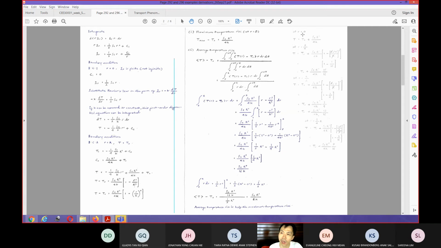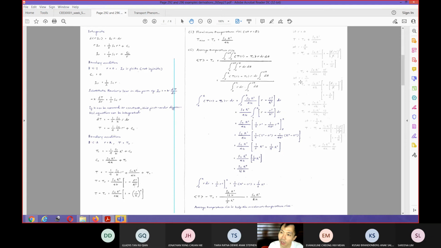So you will check that at R equals 0, your T is equal this. At R equal a quarter of R, your T is equal these things. So this 15 over 16 of this means that this will be lower than these terms in here, right? You agree with me? These terms in here will be lower than this term in here.